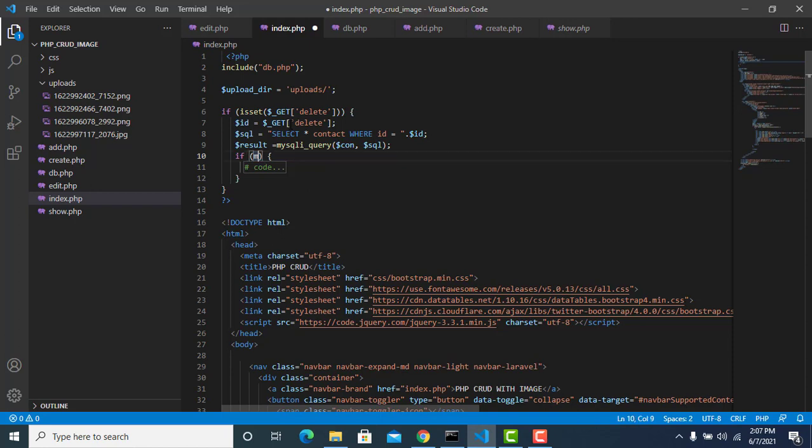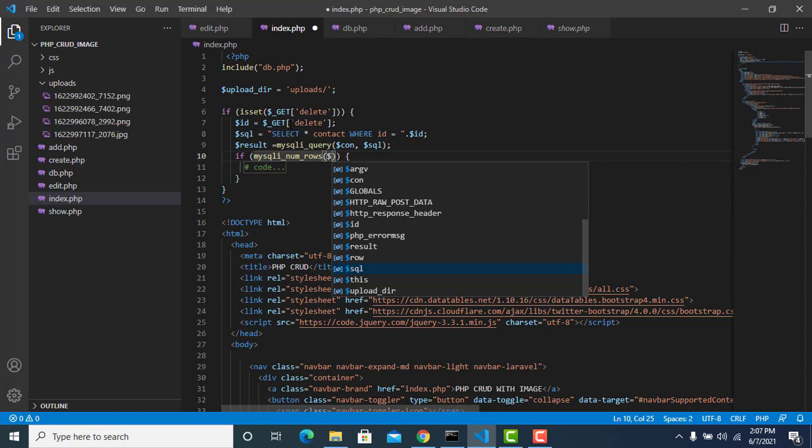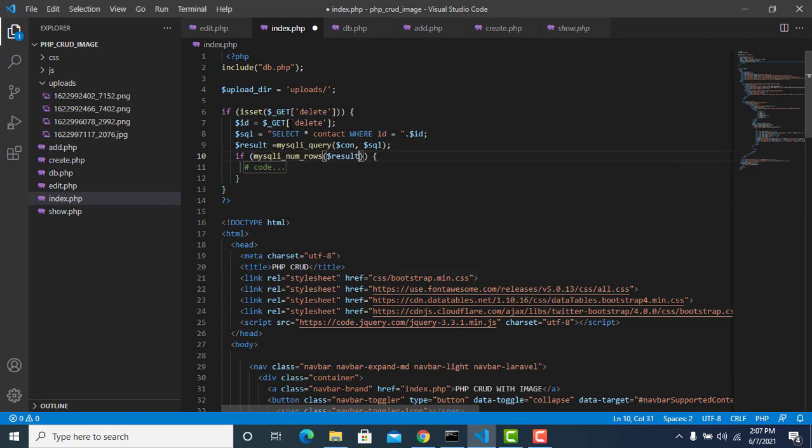So we are going to use mysqli_num_rows, then we'll set the result variable, that if it is greater than 0,